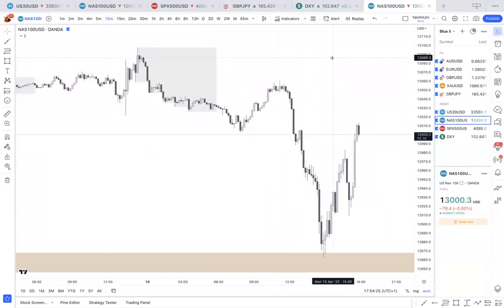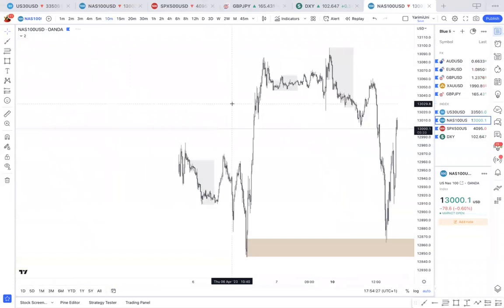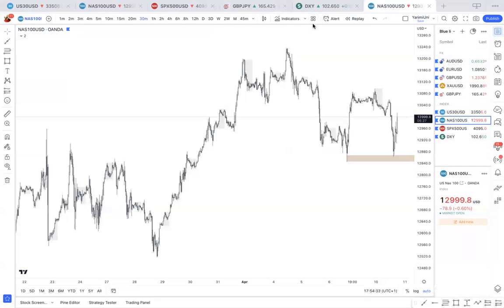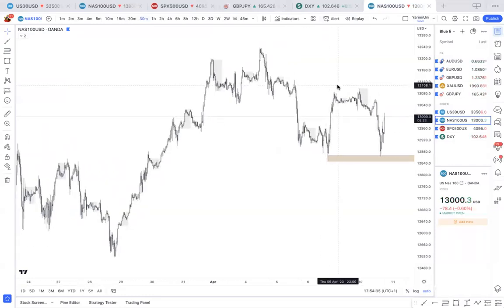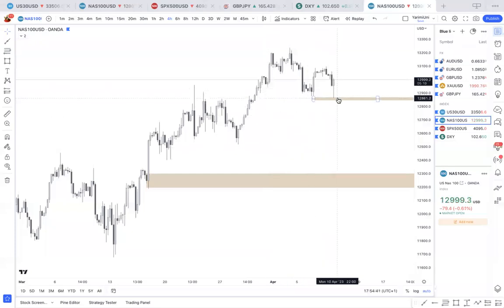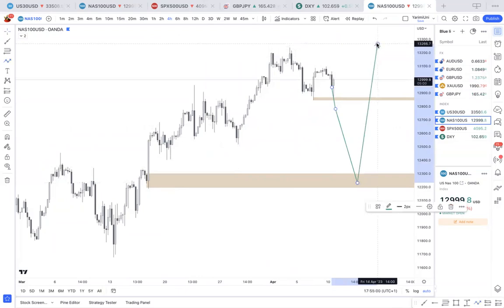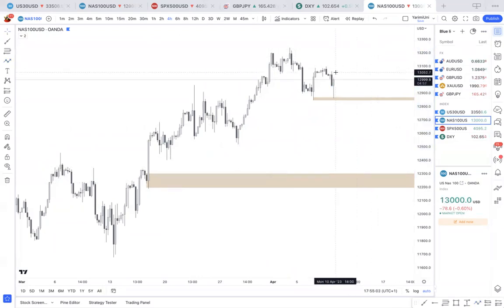If you're finding your areas are taking a long time to get tapped into, it may be that you're marking out an area from weeks ago or months ago. So the best thing that you guys can do is mark out the most recent area, but also the one that makes sense. If I was to see price now breaking through here, I would understand, okay, the area I'm looking for is this one. Why? I wouldn't say it's extreme, but it's the one with the imbalance in it that makes sense. If price takes out all of this liquidity, it should get to here and then reverse again. Does that make sense?